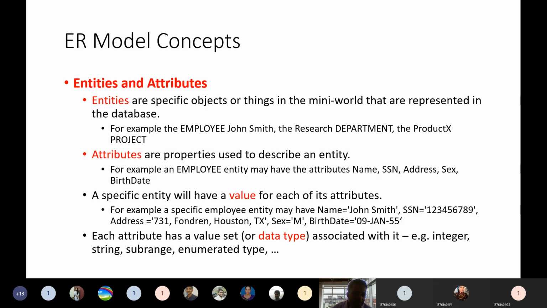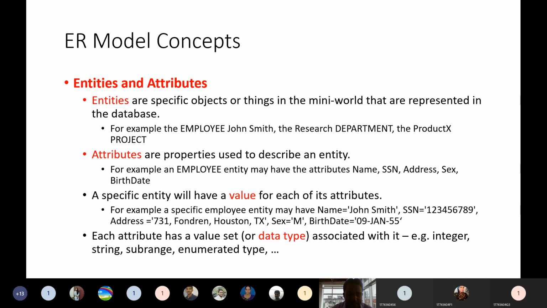Similarly, here also we are storing some data. We will not store the data just like that. First we have to concentrate on what the entities are in the environment for which we are creating this database.